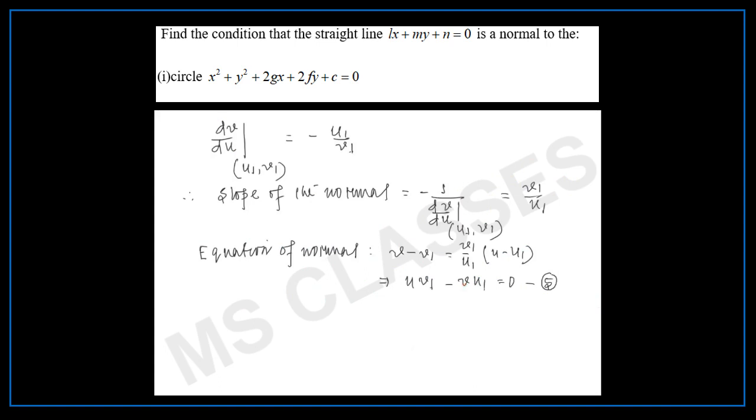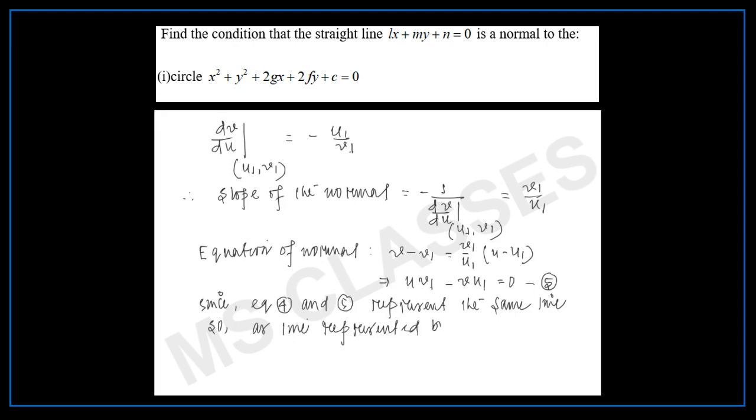That is, we can say here that since equations 4 and 5 represent the same line, and the line represented by equation 5 passes through the origin, which is the center of the circle after shifting,